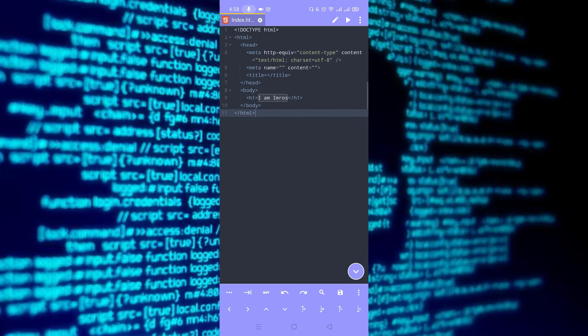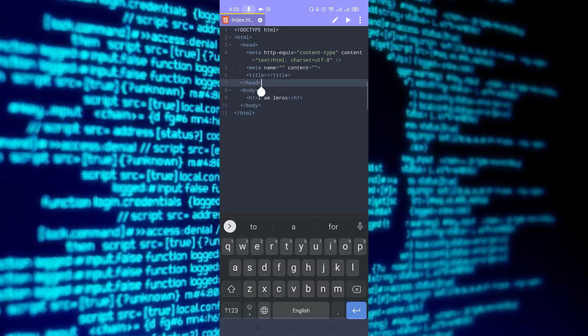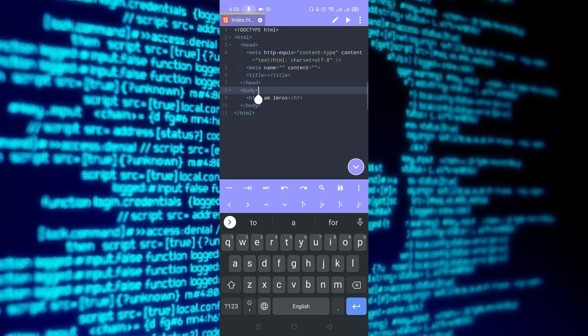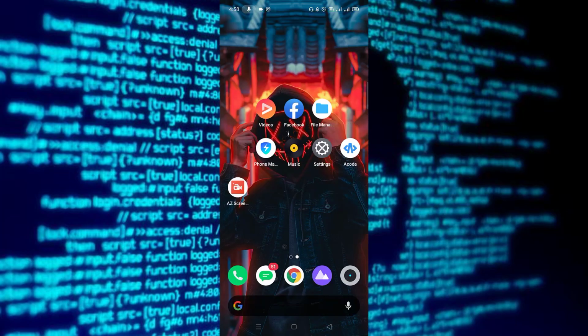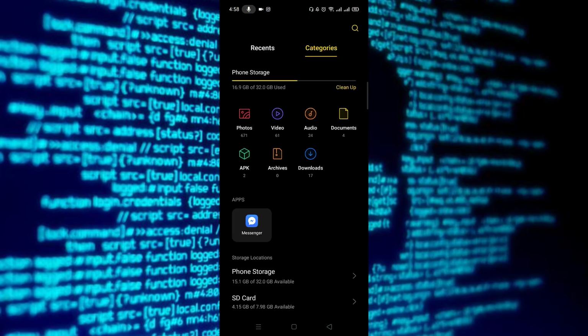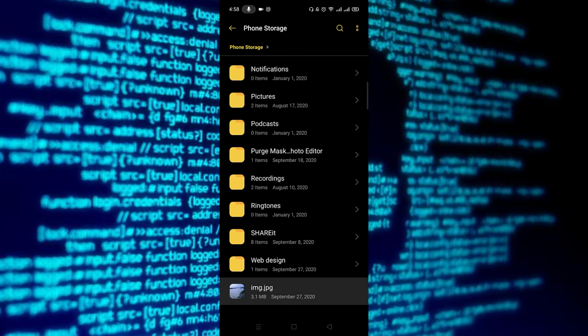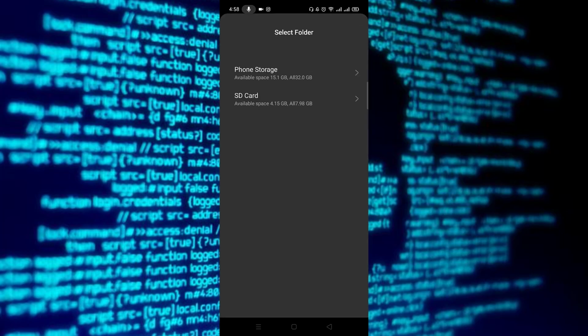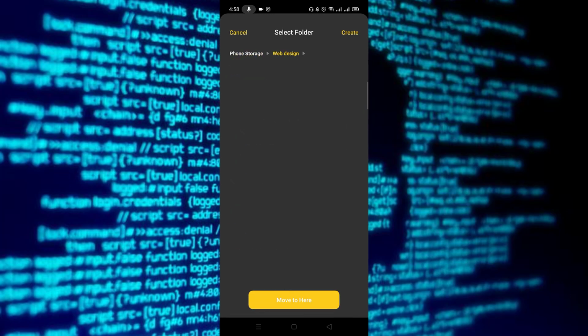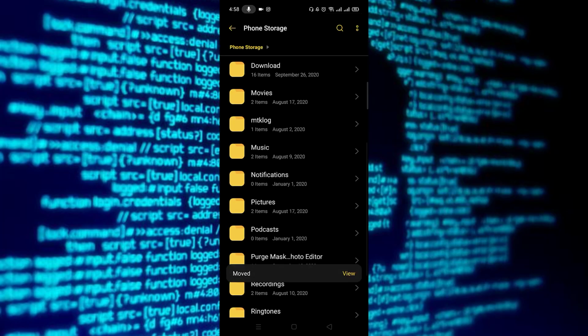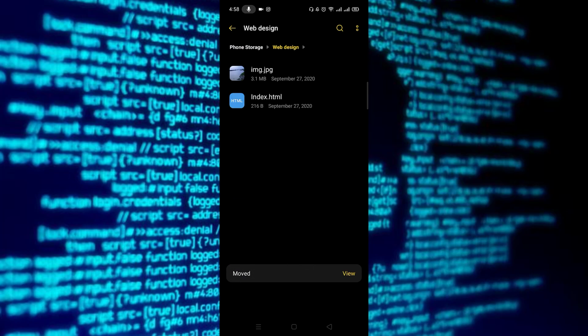It's easier to use. Let me show how you can add an image here. To add an image, first I have to place an image into my folder. I'm moving this file on storage, web design, move here. So I placed this image and its name is img.jpg.